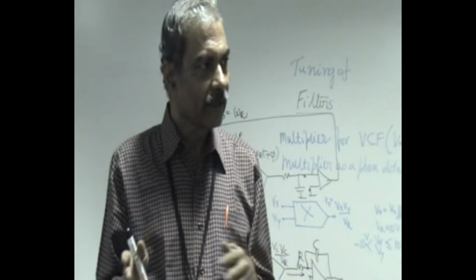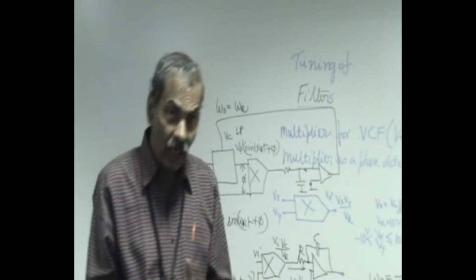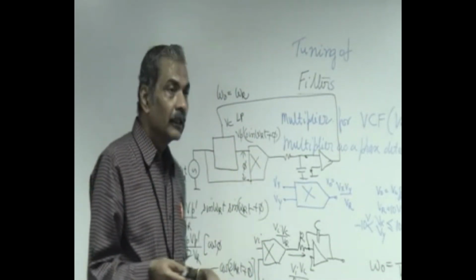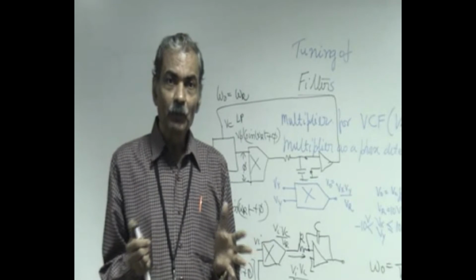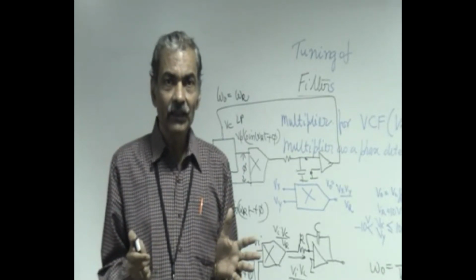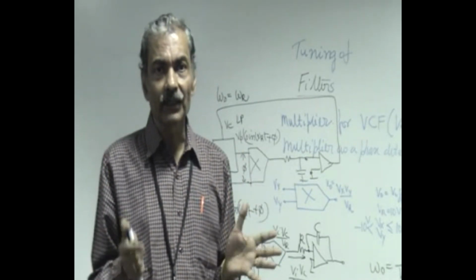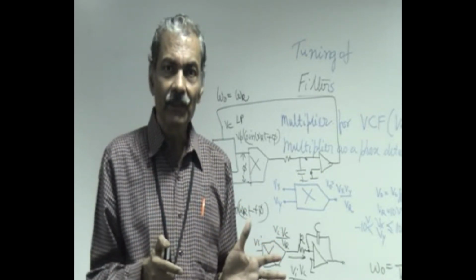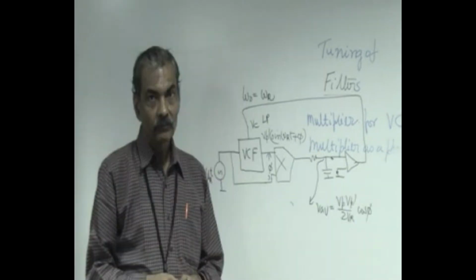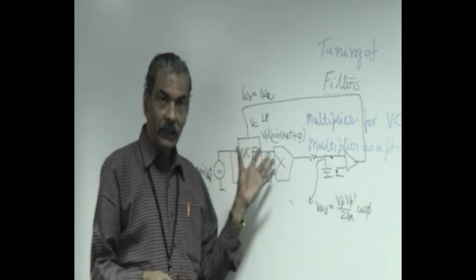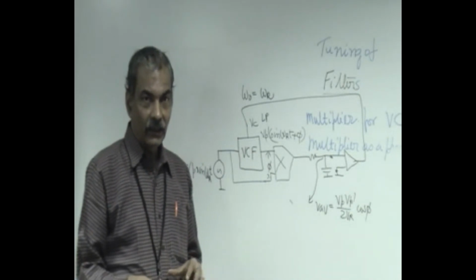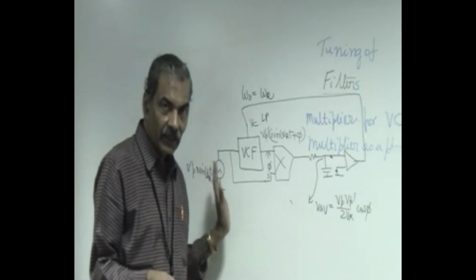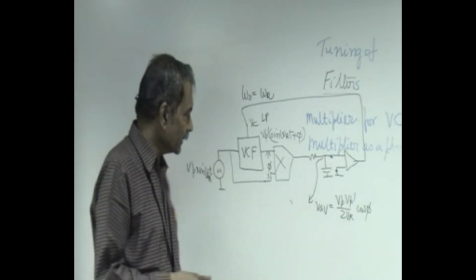wave. So it can be really used as a spectrum analyzer or as a distortion analyzer, where if you select the output of the notch filter, you will get the percentage amount of distortion present in this periodic waveform, having a fundamental frequency which corresponds to omega naught. So this particular block now is a voltage control filter which is getting automatically tuned to the incoming frequency. Let us try to analyze this as a negative feedback system.